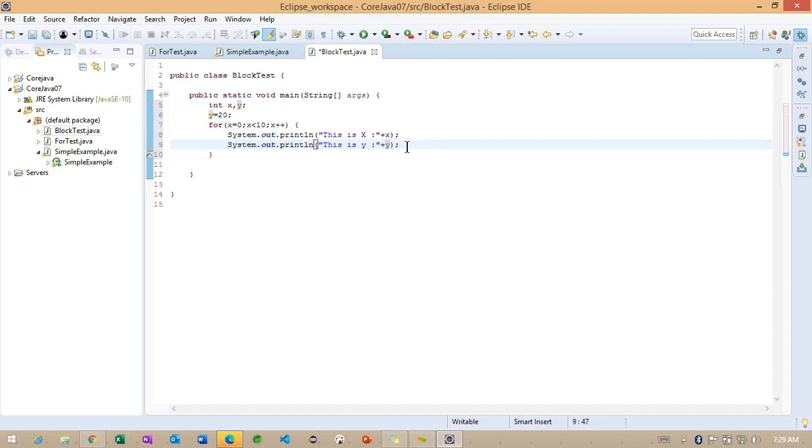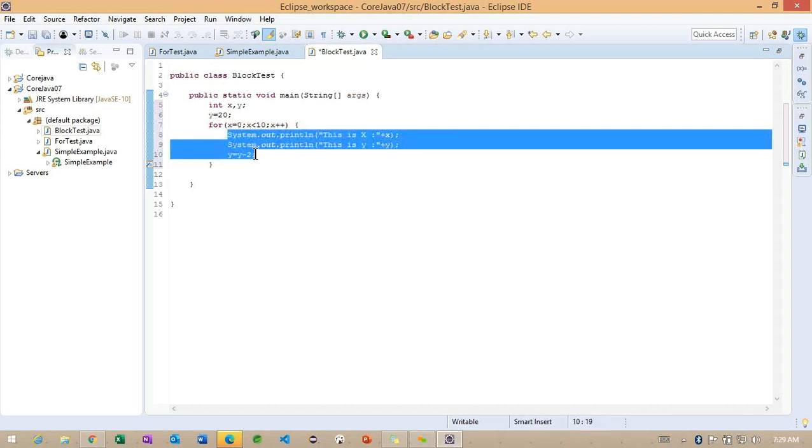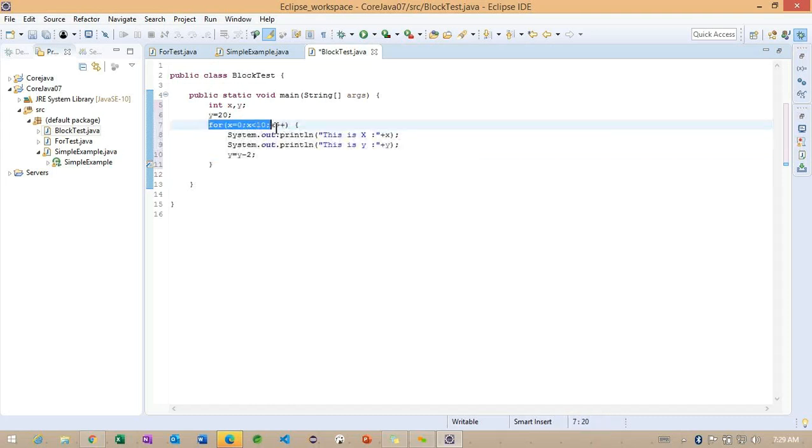And here I want to print y here. And after that, observe the below statement here, y is equals to y minus 2. How many statements are we writing? We are trying to write 3 statements internally in the block of the for loop.